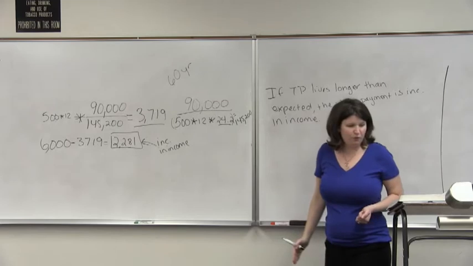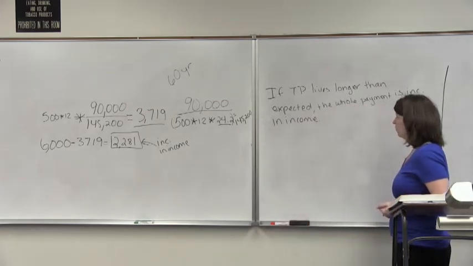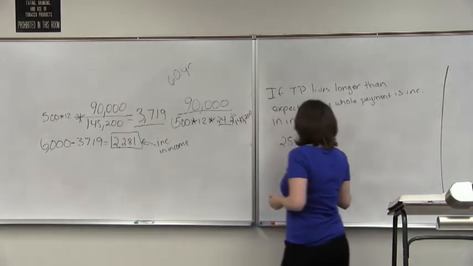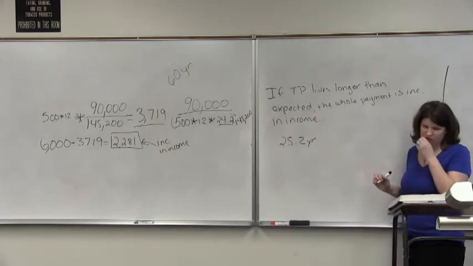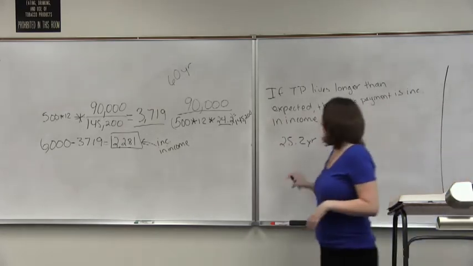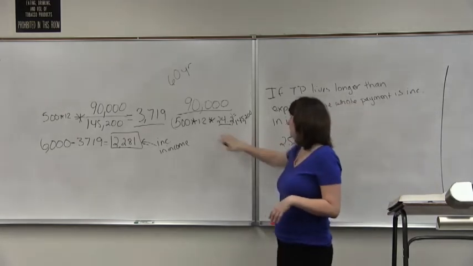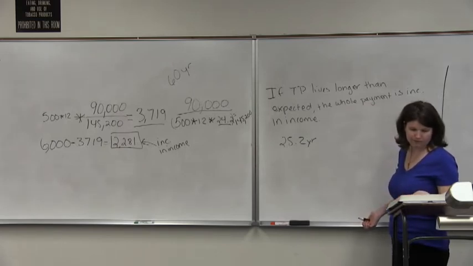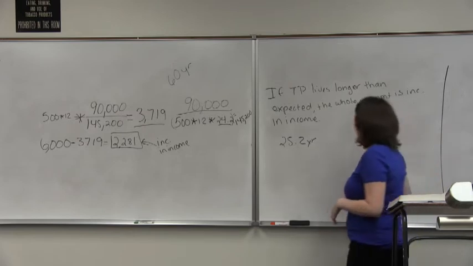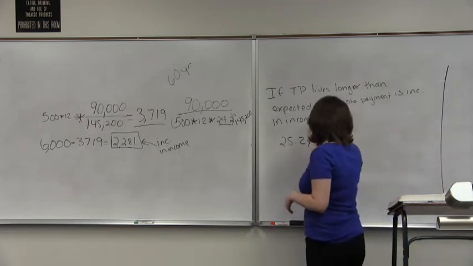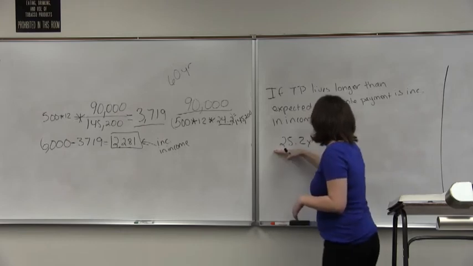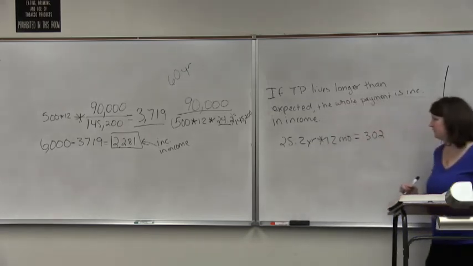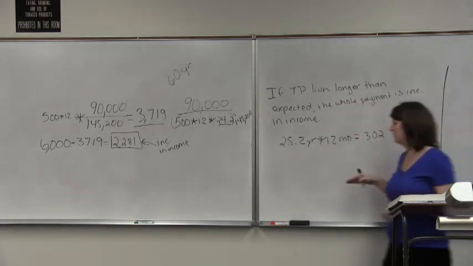So if we look at example 40 on page 425, we have a taxpayer that lived 25.2 years. Okay? So how much will she have to include in income? Well, she had 24.2 as her life expectancy. If you take 25.2 and you multiply it times 12 months, because remember, this is done according to years, that gives you 302 months. So she got payments for 302 months,